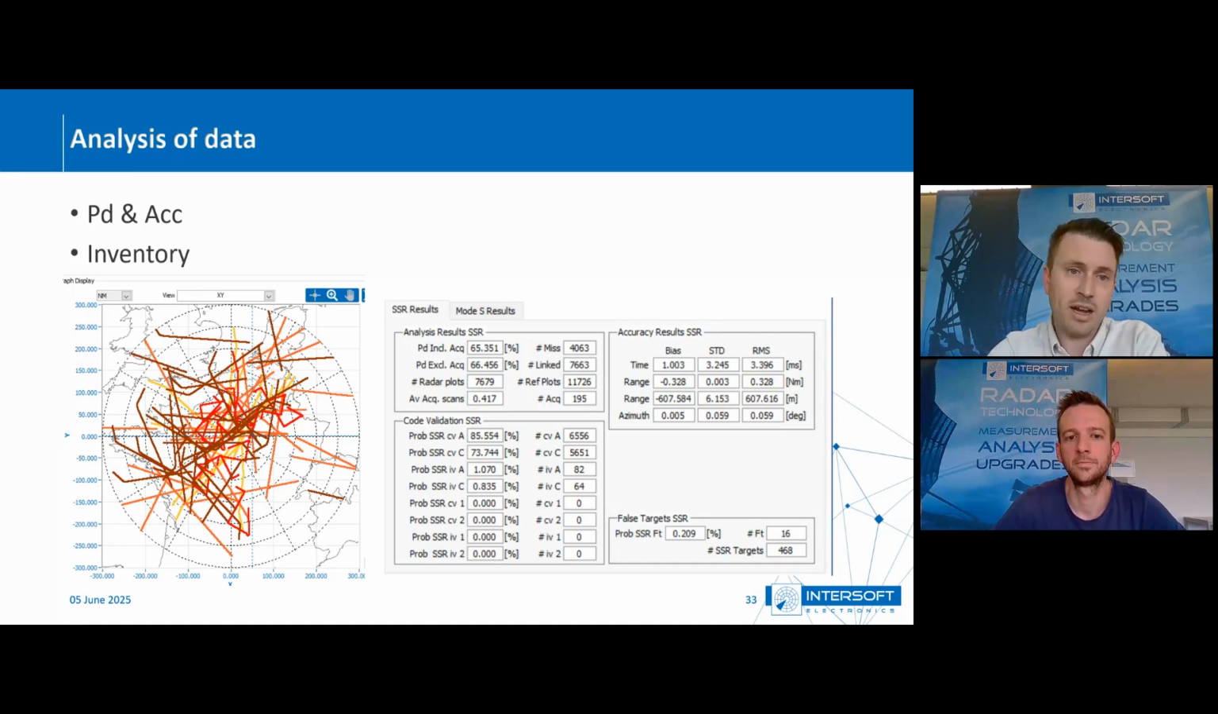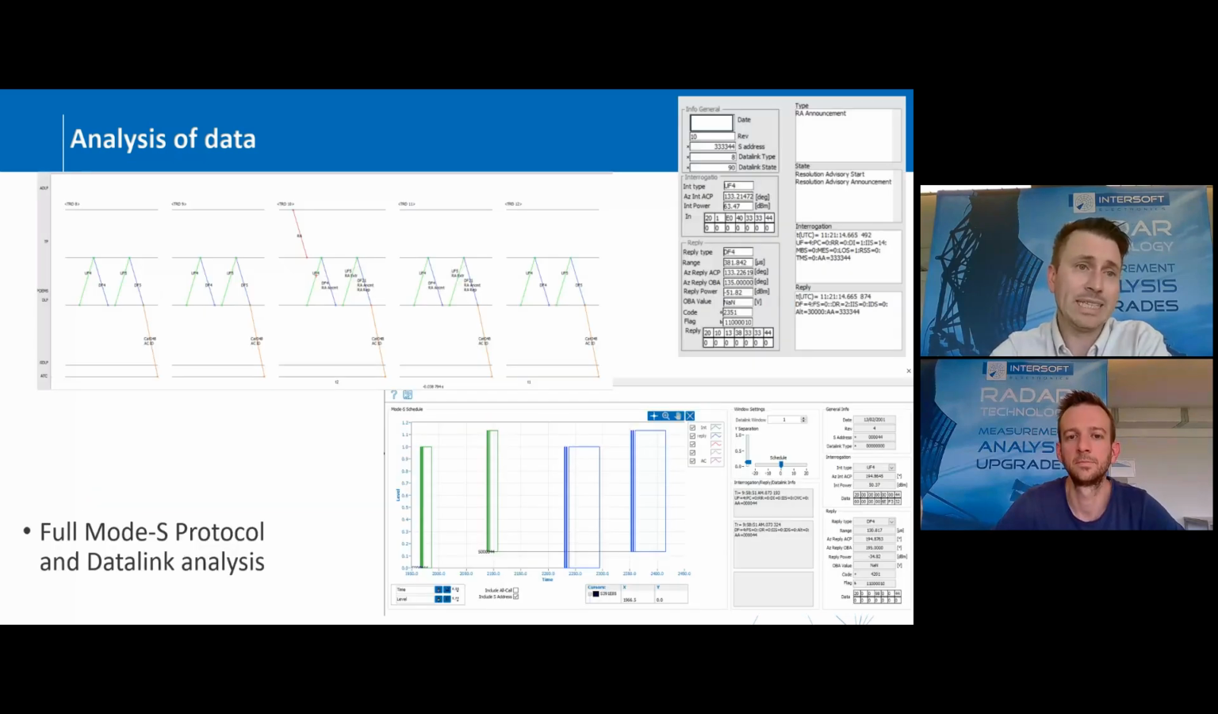But what we have extra, and that's a game changer compared to competitors, is the full data link analysis, where you can do full interrogation and reply analysis for what you have defined in your test case: what the radar is interrogating, what the RES is replying, and on top of that, the fourth layer of what the radar is actually extracting from those simulations. And all those four layers can be matched in an interrogation reply analysis